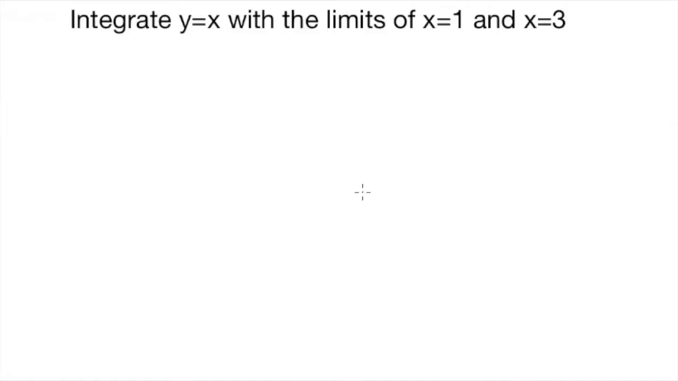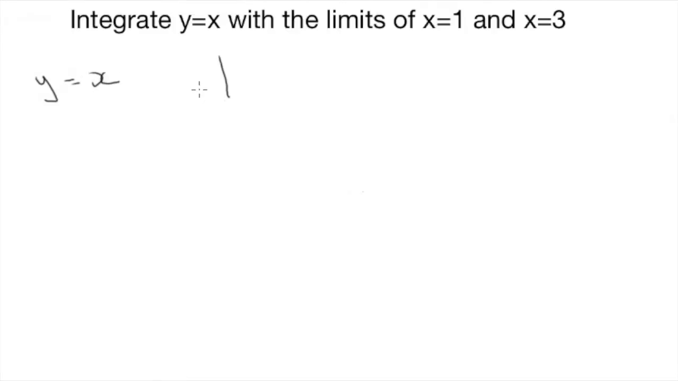Guys, so we're going to be doing some integration today. We're going to be integrating y equals x within the limits of x is 1 and x is 3. So the whole point of integrating is to find the area between certain limits. So with this one, we've got y is x,